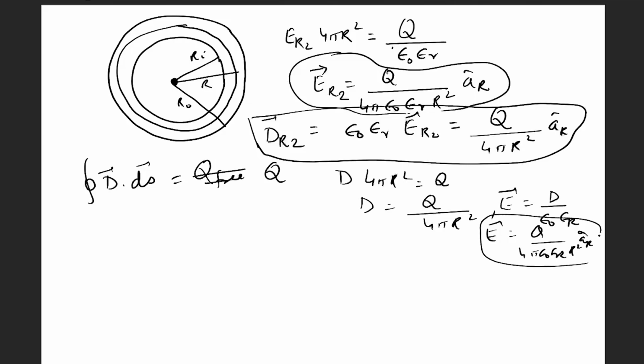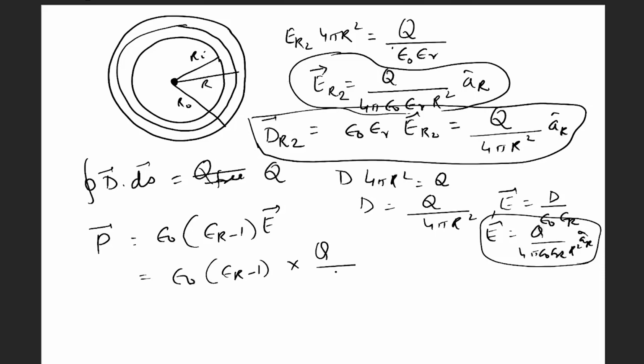So we could have gone this way, but since I already knew all those things due to symmetry, I did not go through this way. Now we need to calculate the polarization vector. Polarization vector, as we saw in the previous slide, was simply epsilon naught (epsilon r minus 1) E. So let us put in the value: epsilon naught (epsilon r minus 1), and E is q by 4 pi